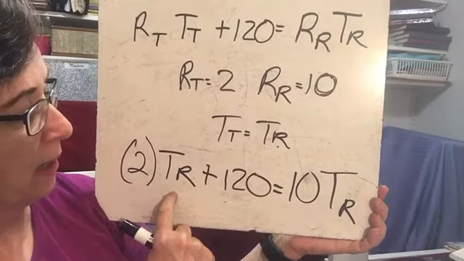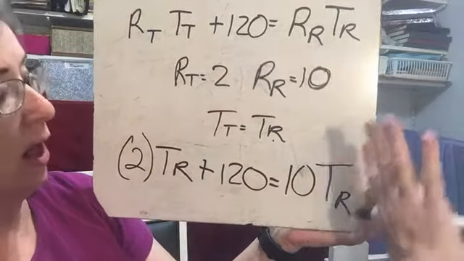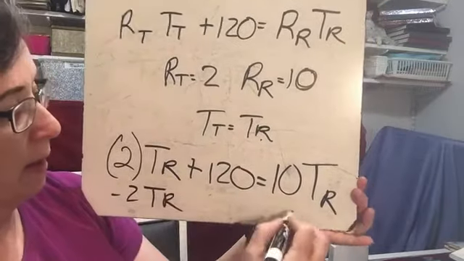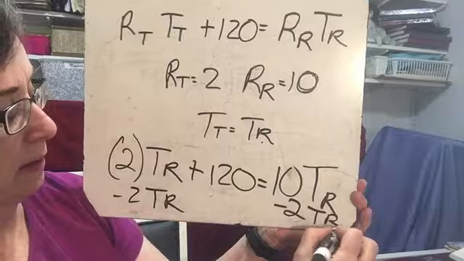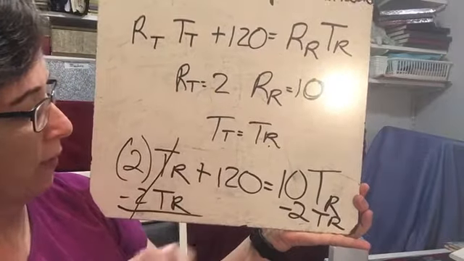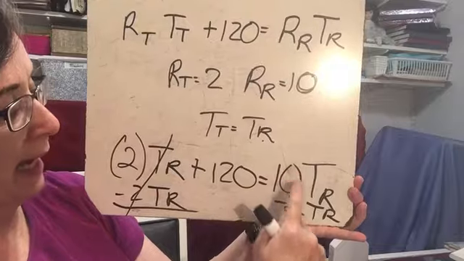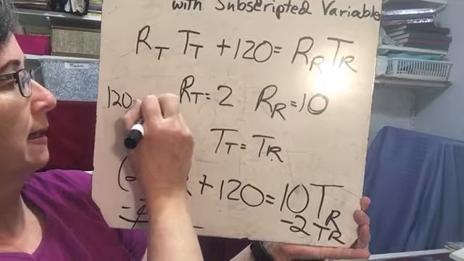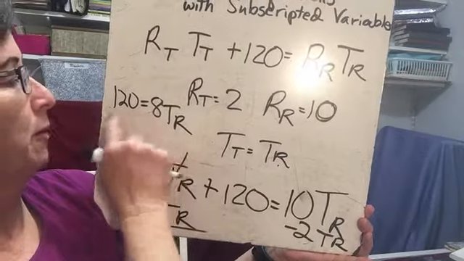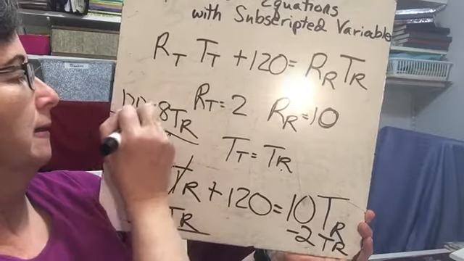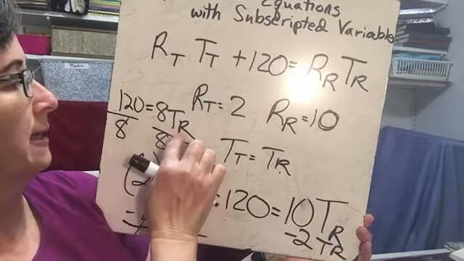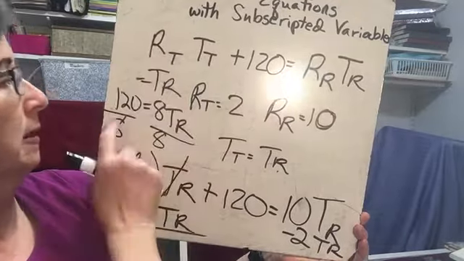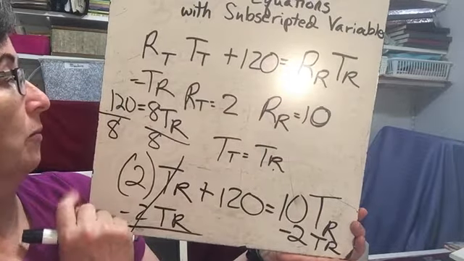So we have 120 on one side. We've got a 2tr and a 10tr. Let's get all the TRs on the right. So minus 2tr. Minus 2tr. So when we do that, we end up with 120 equals 8tr. So let's put that right here. 120 equals 8 t sub r. Divide both sides by 8, and we get t sub r by itself. So t sub r equals, and 120 divided by 8 is going to go